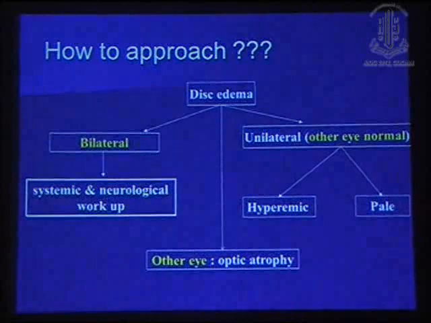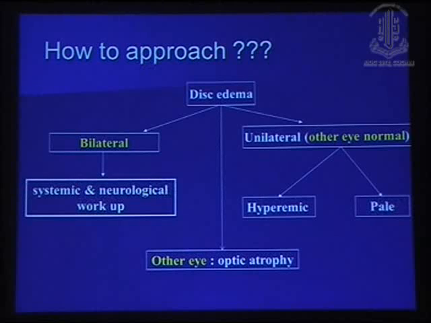One is that in initial papillitis, there's going to be a little blurring of the margins, a little hyperemia, which can be differentiated with time only. So if you suspect the patient has papillitis and there is decreased vision along with that, the way is to wait for a few days before it gets significant. If you're sure, look for the associated problems, afferent pupillary defect, look for the color and compare it with the other eye. But if you're not sure, one of the ways to pick up, of course, is fluorescein angiography if you feel that there is a chance that there is disc edema, but you're not able to pick it up.